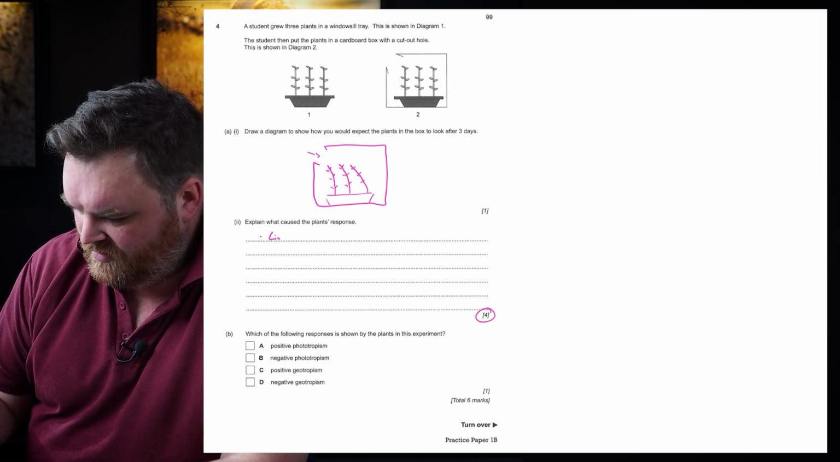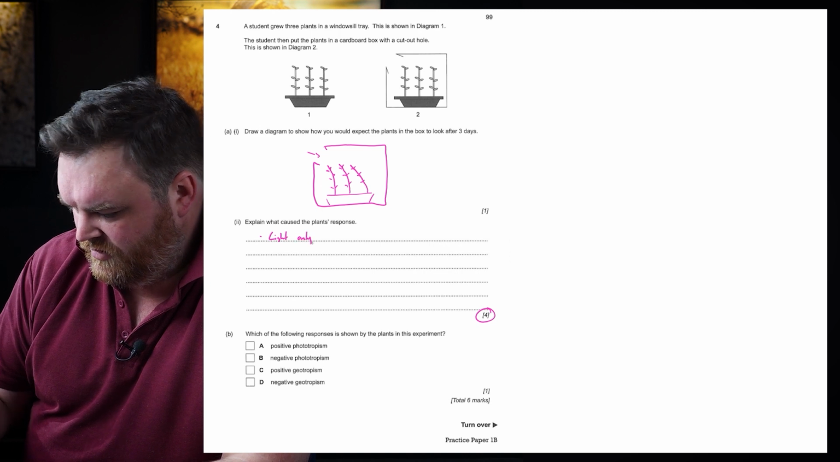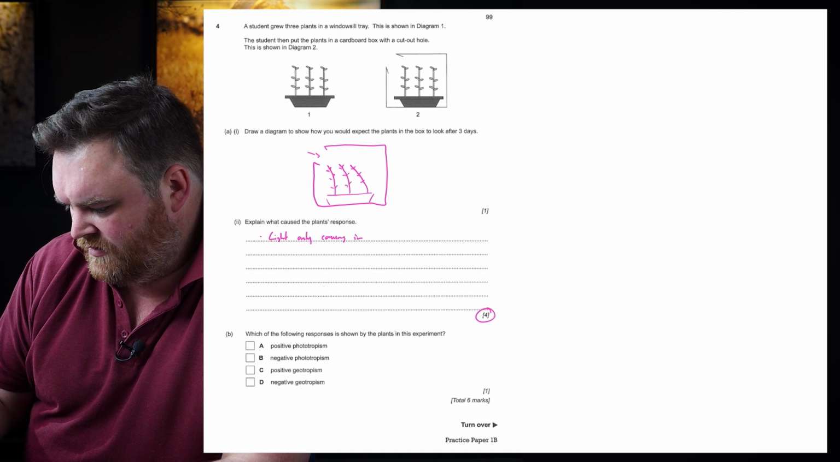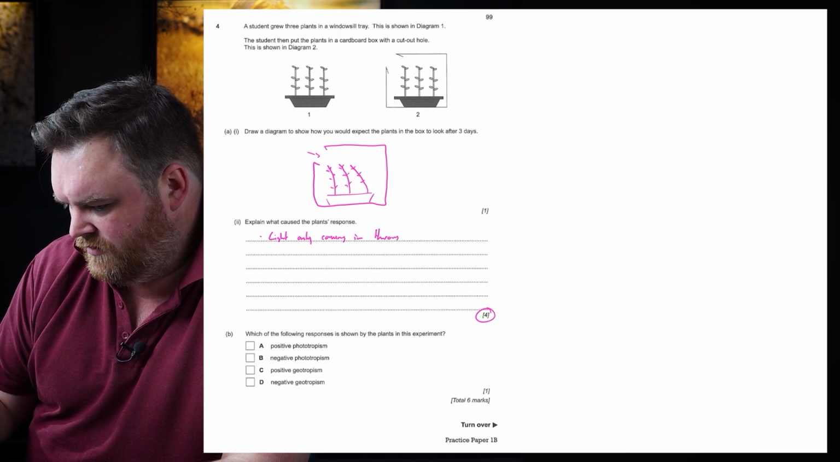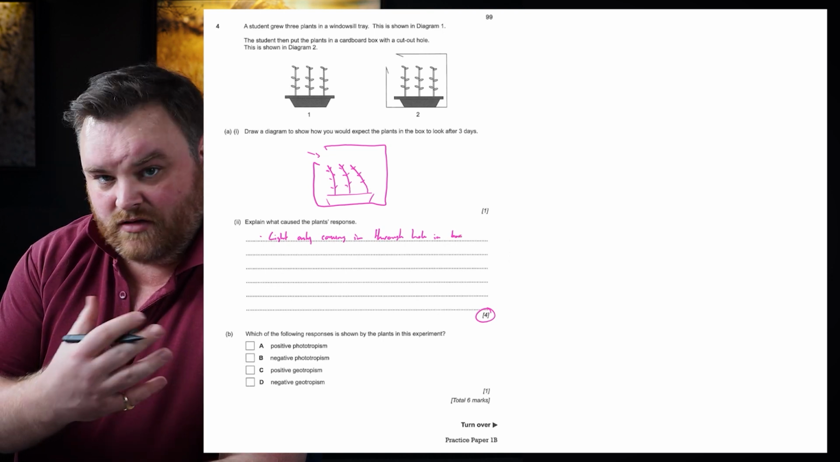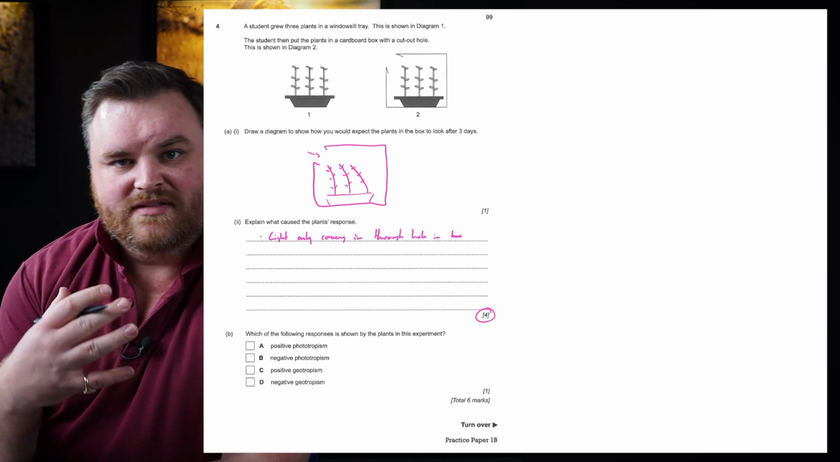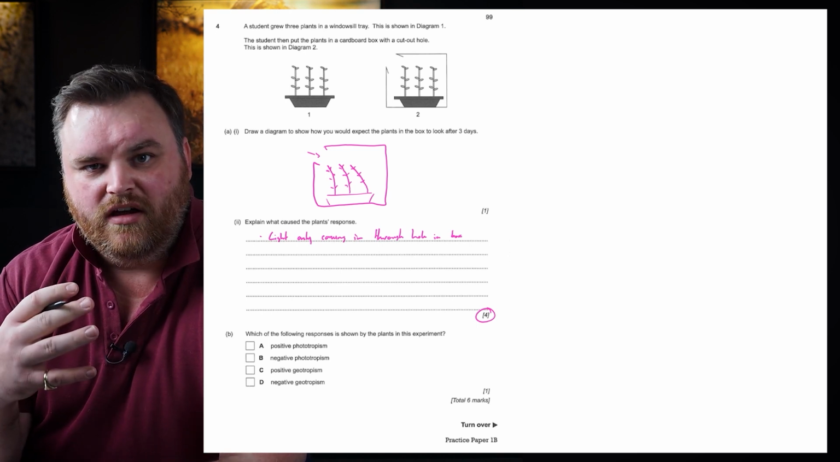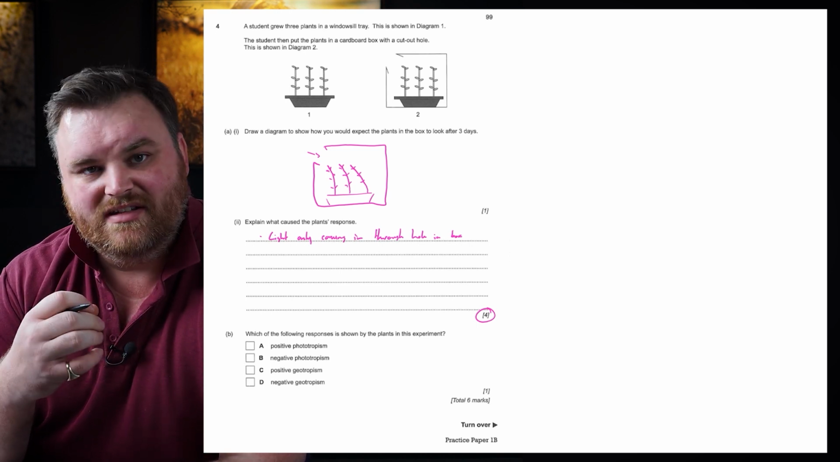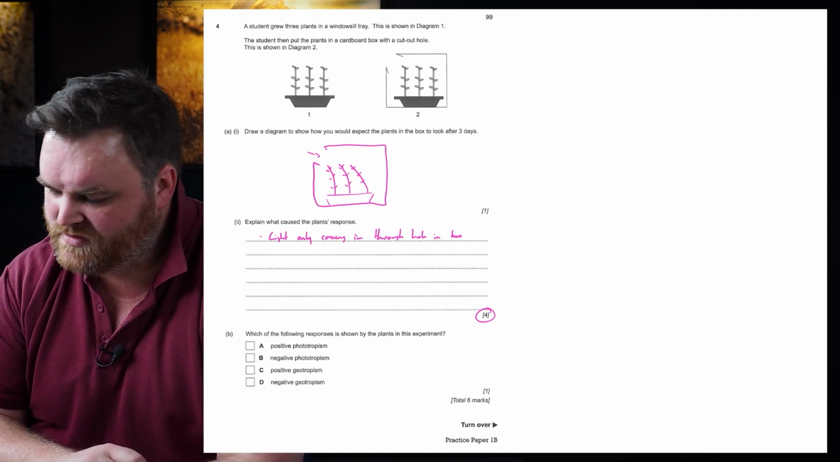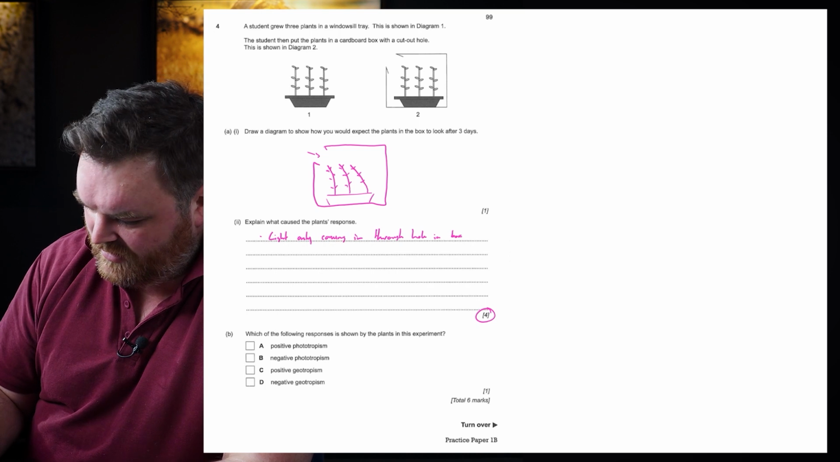So light only coming in through the hole in the box. That's going to cause a shift in the auxin distribution within the plants. Remember, auxin is that plant hormone which causes shoot cells to elongate and restricts the elongation of root cells. So that causes auxin